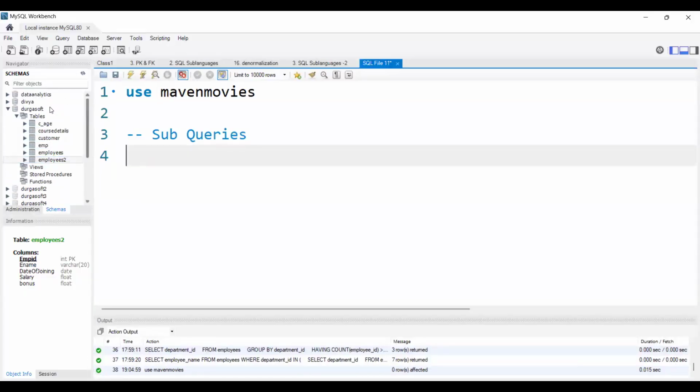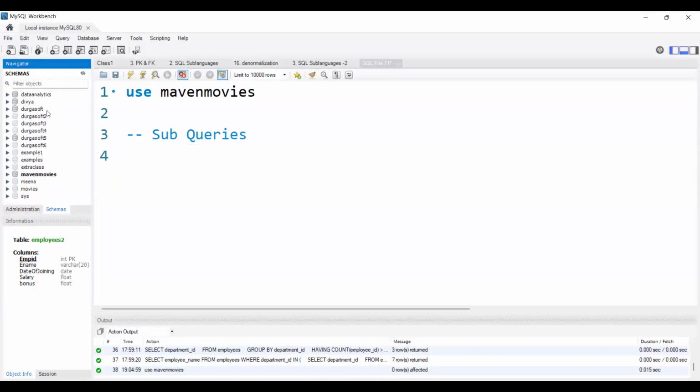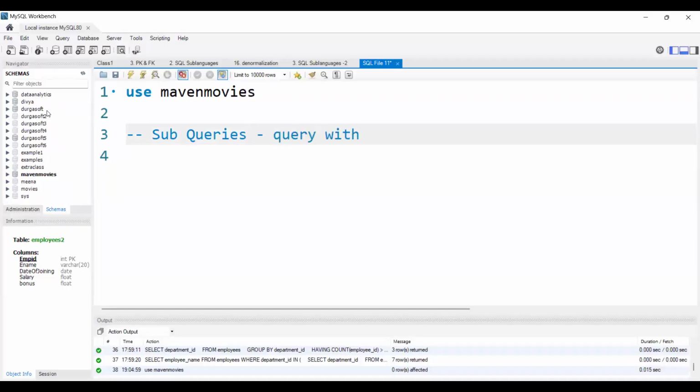So today we are starting a new concept, that is subqueries. Subqueries is nothing but, I can say, a query within a query. If we write a query inside another query, then we call it the concept of subqueries. Or else, if I write a technical definition for that, I can say,